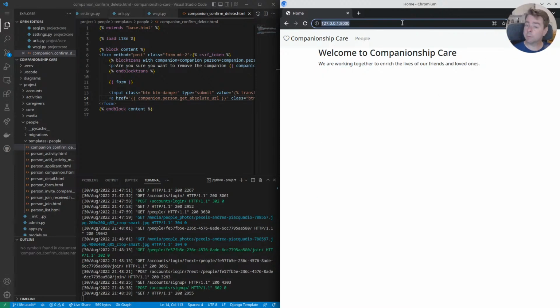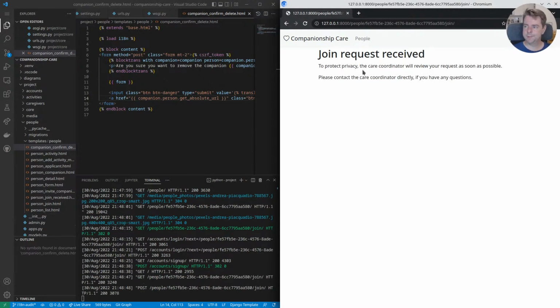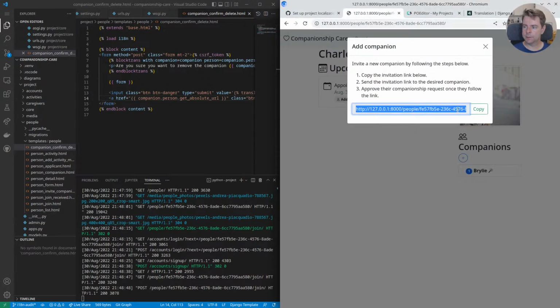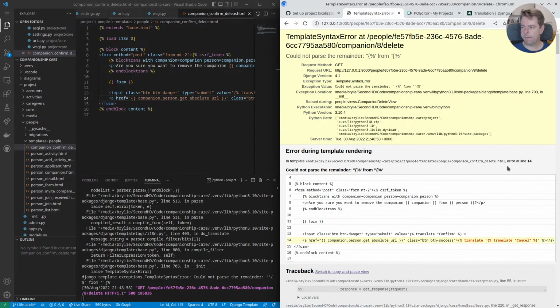Then, see, this is the flow where you get kind of disrupted. You take an invitation link and you're not registered, and it drops you off there, and you have to go back here. So I'm gonna improve that, but not right now. But basically here. So now we got companion, applicants, and then